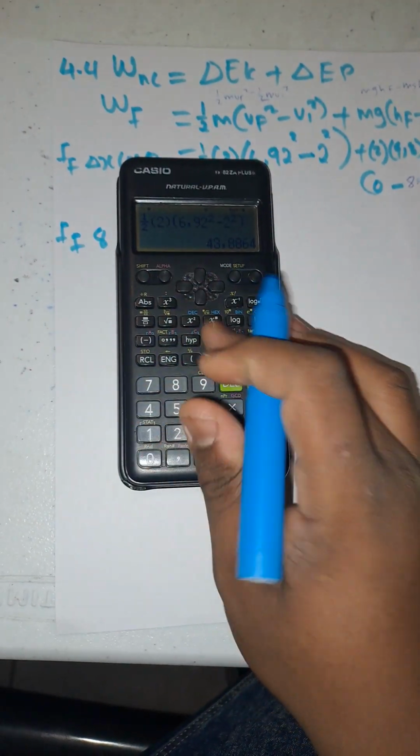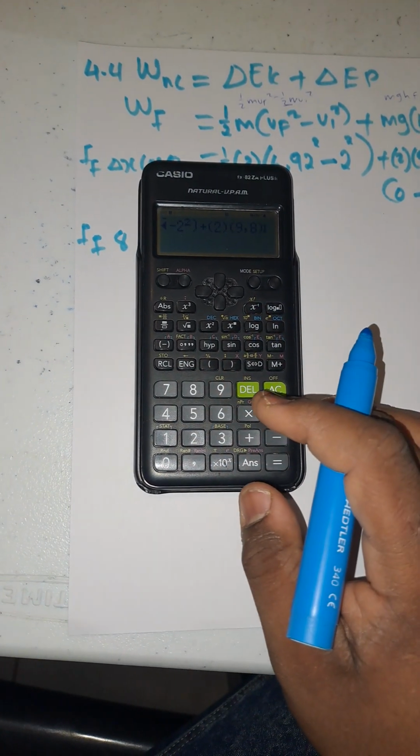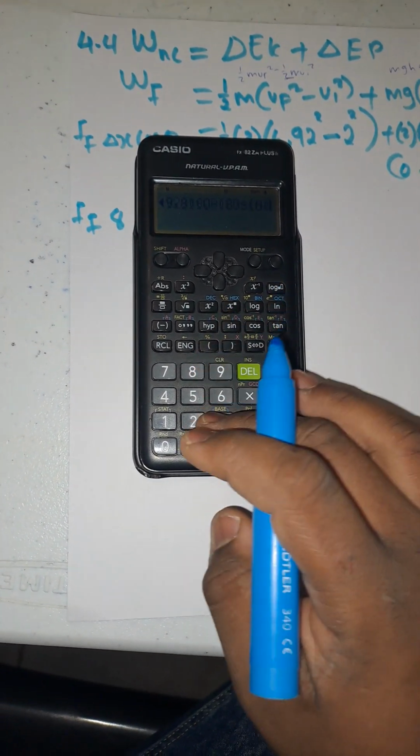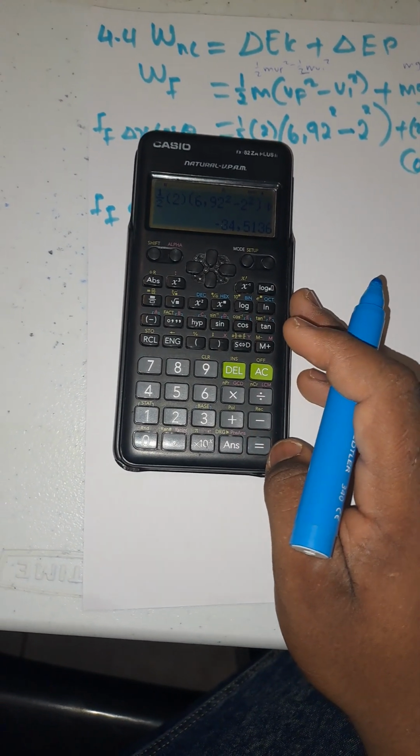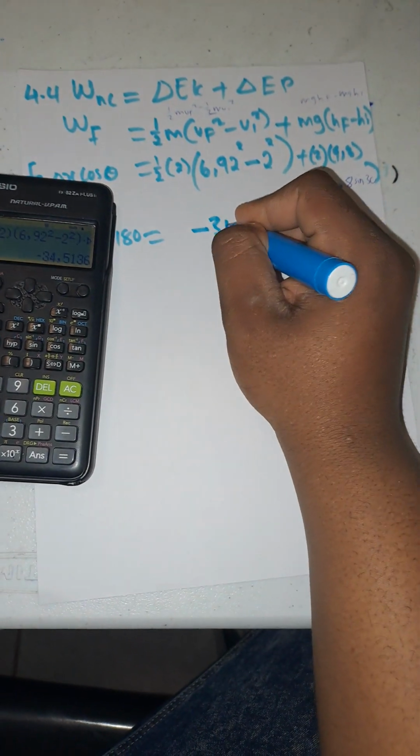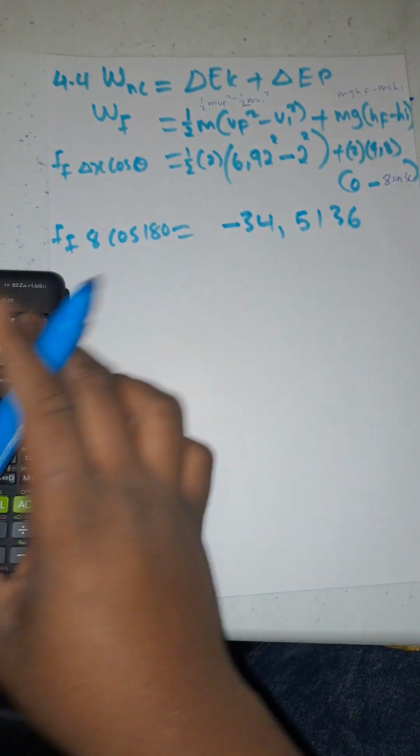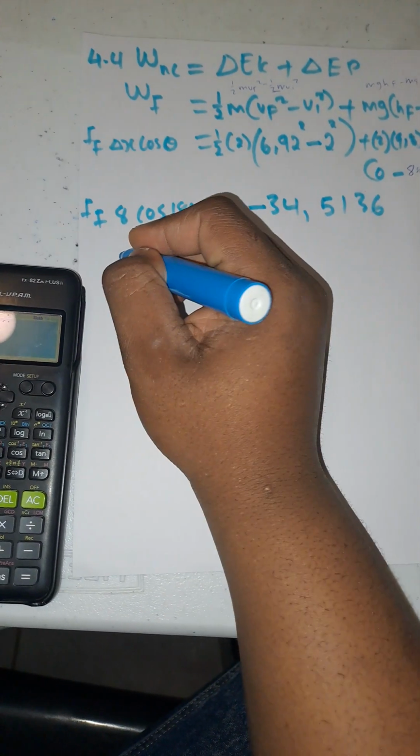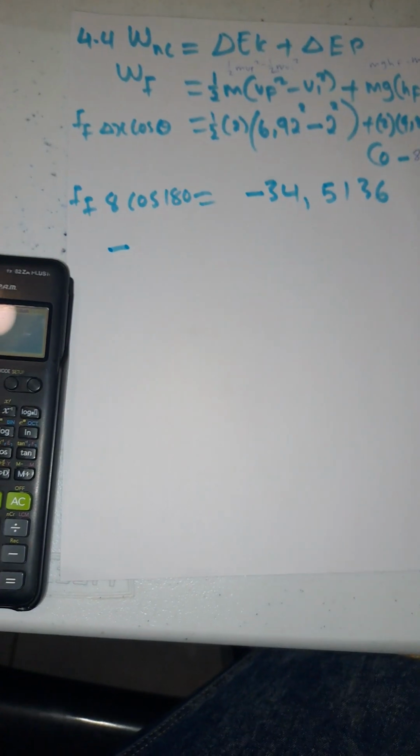So now let me not just do everything at once there. So plus 2, 9,8, and then 0 minus 8 sine 30. So what do I have there? Negative 34,5136. So all in all, this is going to give me negative 34,5136. Don't run off before reaching your final answer. So cos 180 is the same as negative 1. So it is the same as having negative